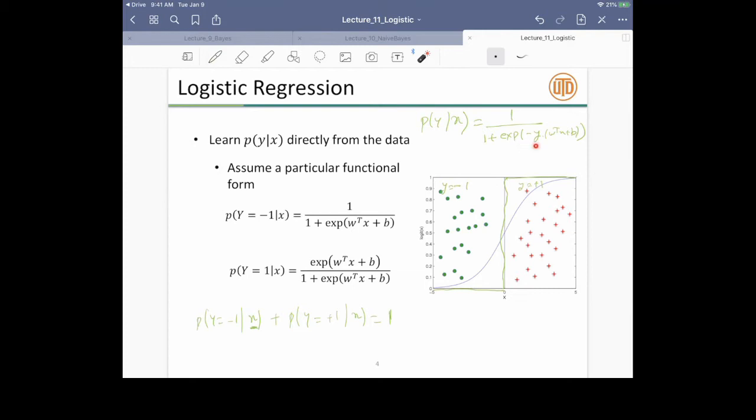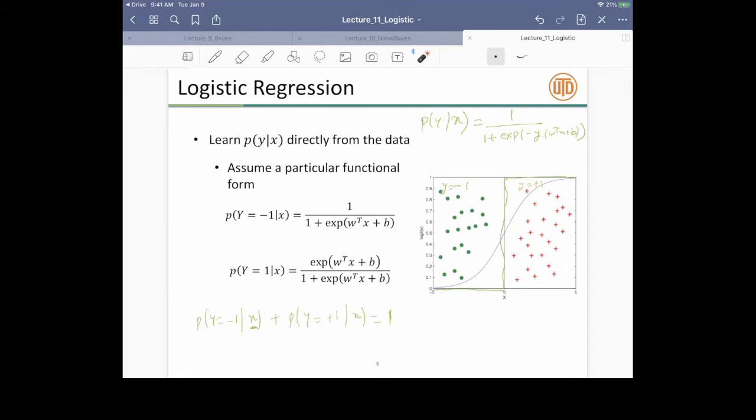So you see that if y is equal to 1, we exactly get this. The reason is because we get minus w transpose x plus b. And you can actually divide by w transpose x plus b on both sides, and you will get that the probability of y equal to 1 given x is nothing but 1 over 1 plus exp raised to minus w transpose x plus b, when y is equal to plus 1.